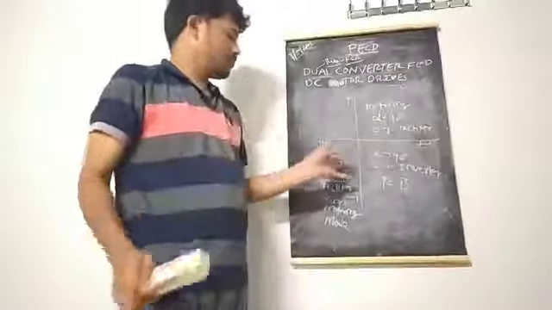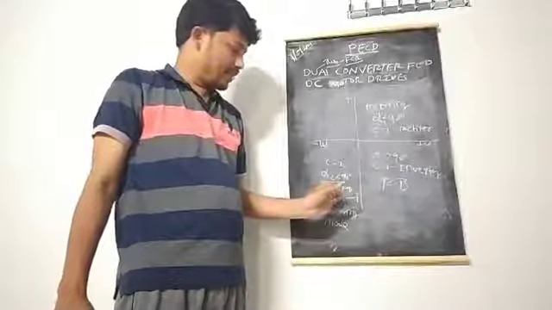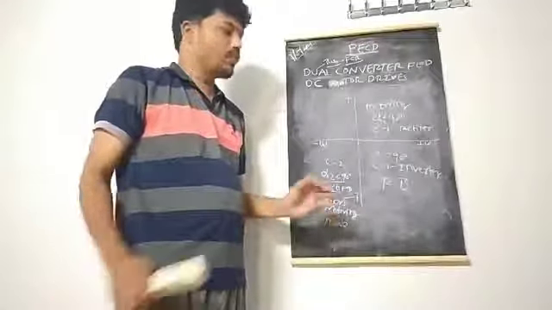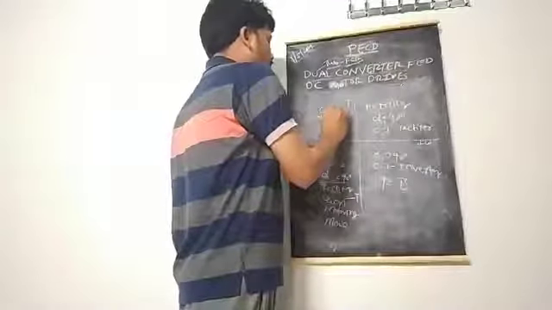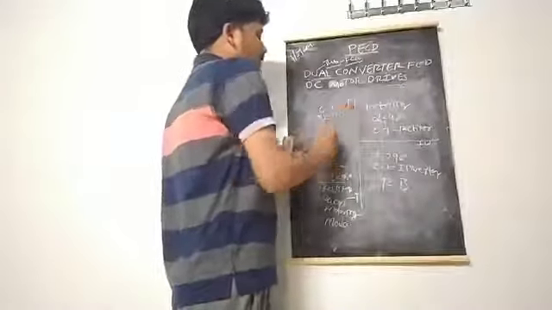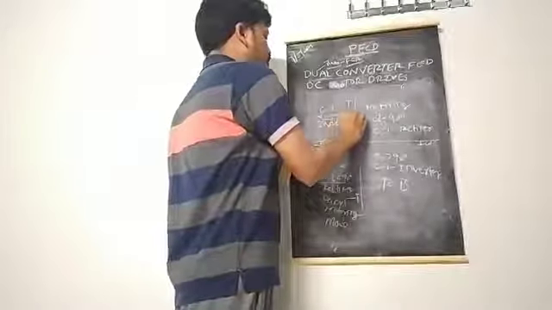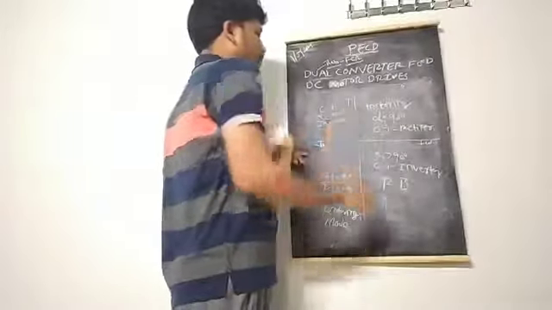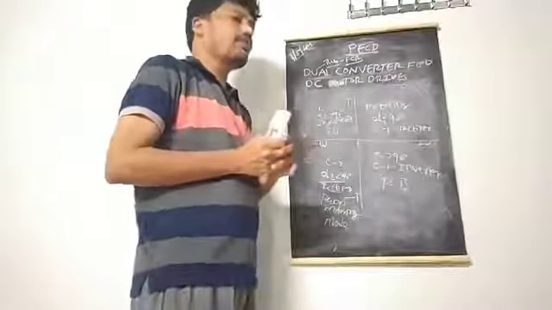So, if converter 2 operates at alpha 2 less than 90 degrees, it is operated in the rectifier mode. Therefore, it is operated in the reverse motoring mode. Similarly, if alpha 2 is greater than 90 degrees, converter 2 acts as an inverter. Therefore, it operates in the forward braking mode. In this way, the 4 modes of operation are possible depending upon the value of alpha.